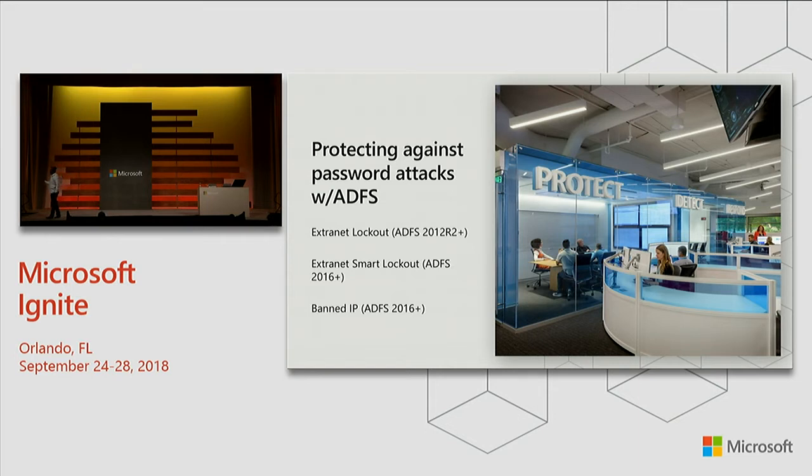But at the end of the day, think about it as not only do we consider the number of failed attempts, but we've also managed familiar locations. Which means if I've successfully logged in from an IP address, even if another unknown IP address is hammering with bad password requests, because I'm coming from a familiar location, which is a known IP address where I've seen a successful login for myself, ADFS will let that request go through so that it can be validated against Active Directory. So that's the second capability that we added.